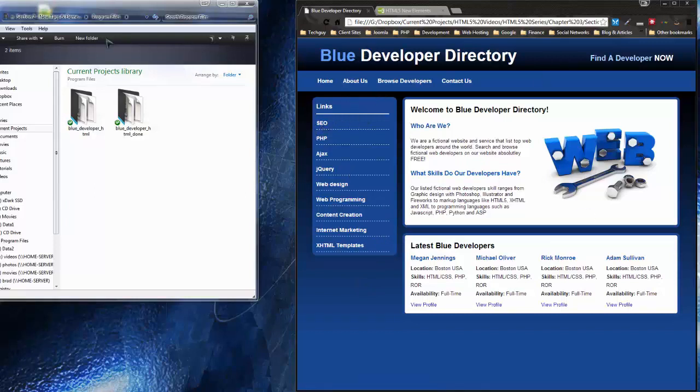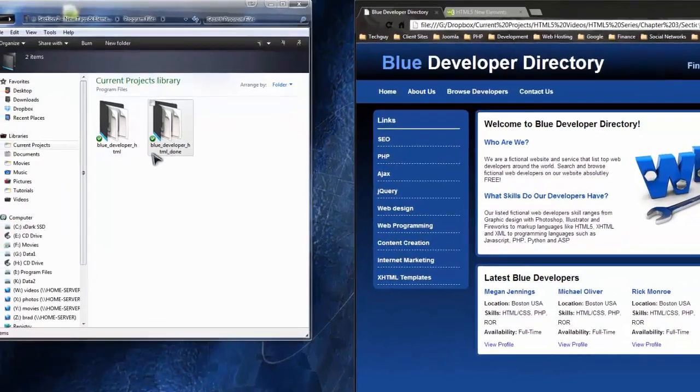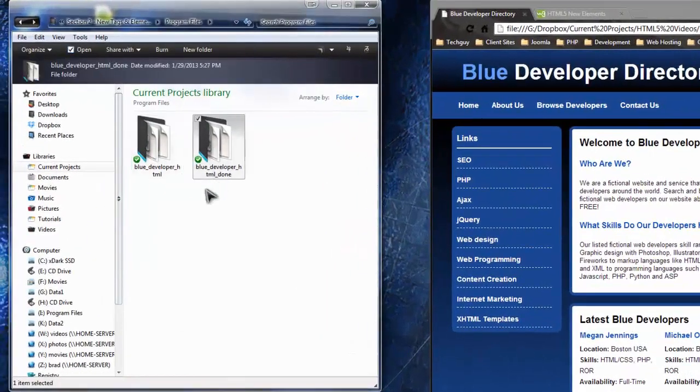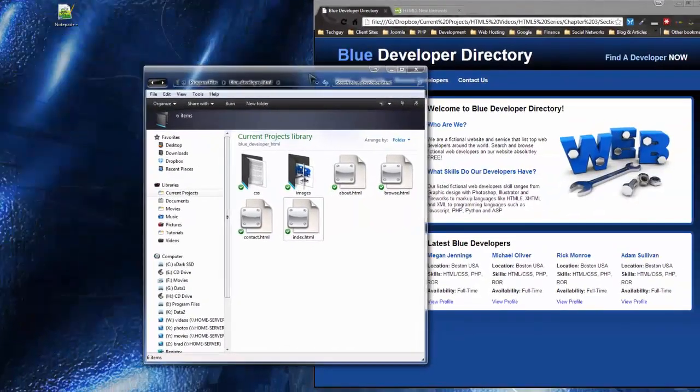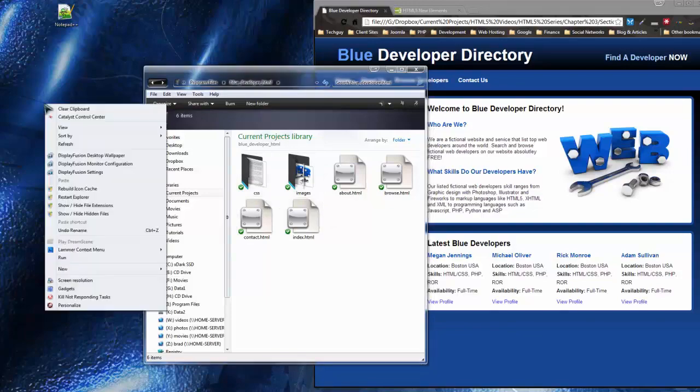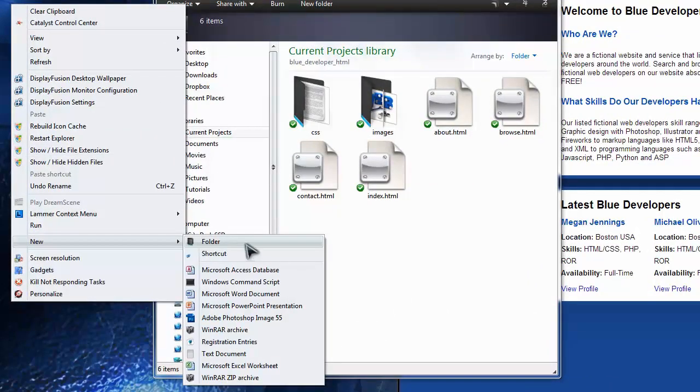So if you want to go to your section 2 folder, your chapter 3 section 2, and in the program files you'll see we have two directories. We have Blue Developer HTML and Blue Developer HTML done. So open the Blue Developer HTML and we'll go to the index page. What I'm going to do actually is create a new folder on my desktop, because I don't want to build in this folder, because these are the actual files that you'll be using. So you can build in the folder and do all the edits in the folder,